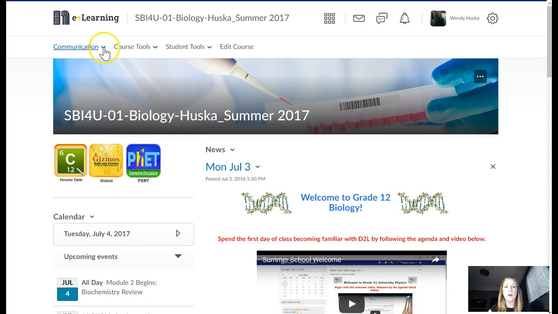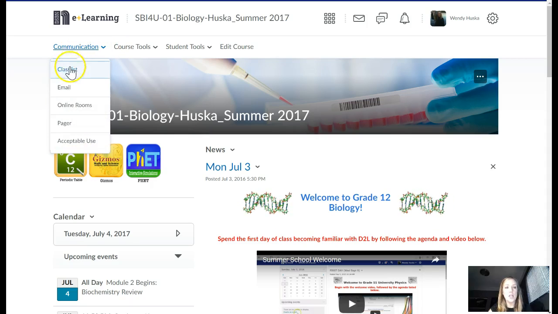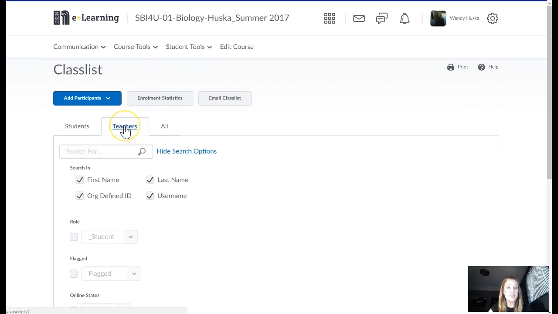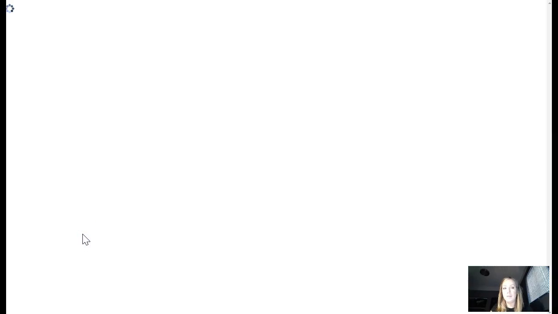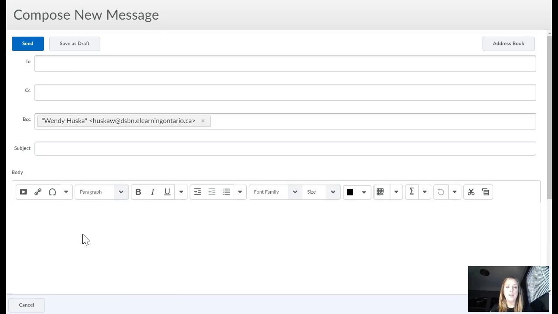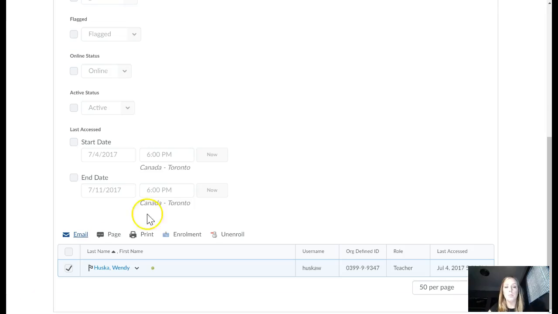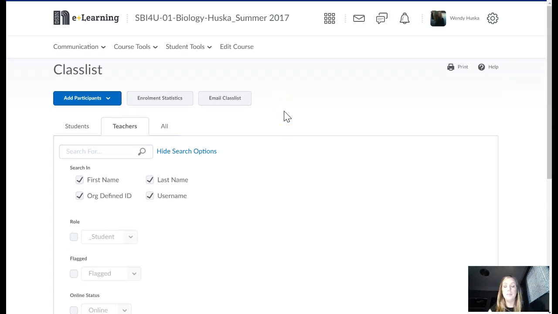If you're using D2L, best way to do it is go to the communication tab, go to class list, go to the teachers tab, and then you're going to see me down here. If you check off the box beside my name, then you can click email. It will compose an email to me. So I get both of those types of emails. It's easier if you just use your personal email account for me, because then I can respond to you directly from my phone. If you're using D2L's email, I actually have to go log into a computer, which is why you'll notice some of you that I've responded to you throughout the day. If you're emailing my email from your personal, I can respond to you directly.